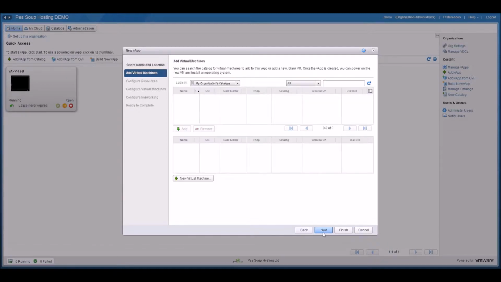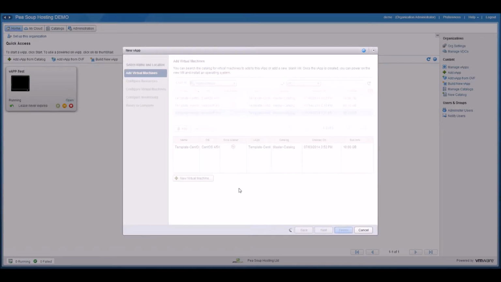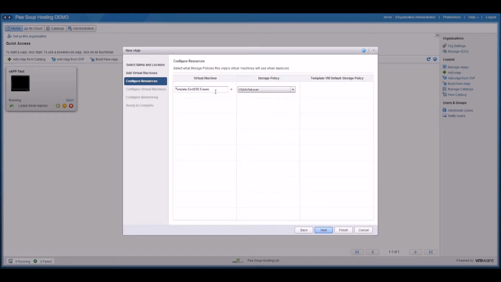The next button is to select your catalog. So inside your catalog you have virtual machines, templates or the media, and inside your own was nothing in this case, but inside the public we set up a few default ones, Windows and Linux. We can configure multiple virtual machines inside of it if we would like, but in this case we store just one. So once we select our Linux template, we go to the next stage, and that's configuring the network and